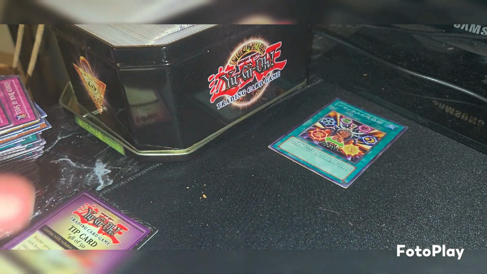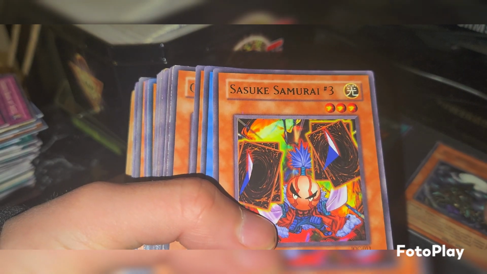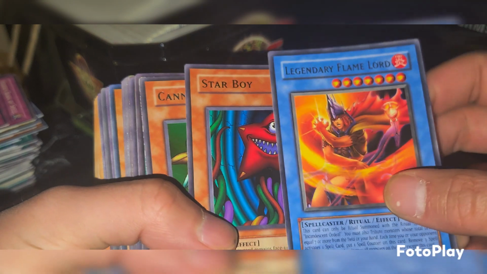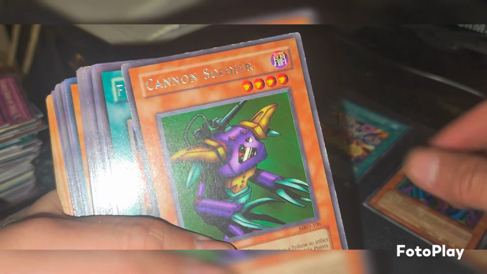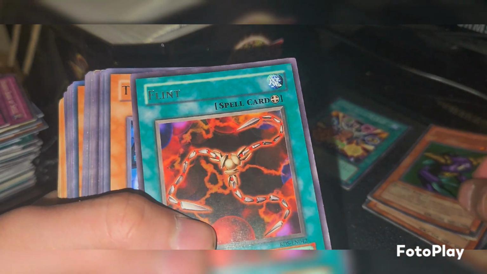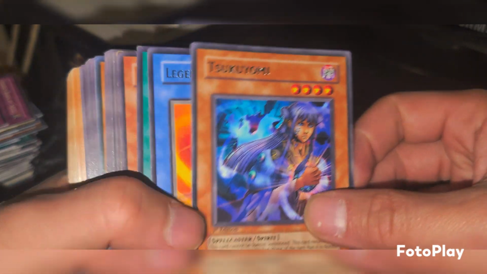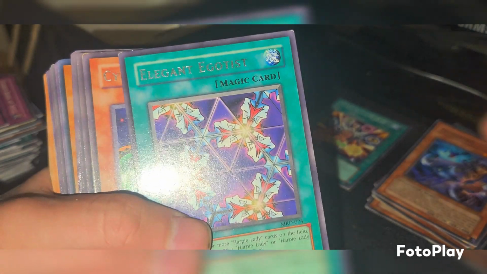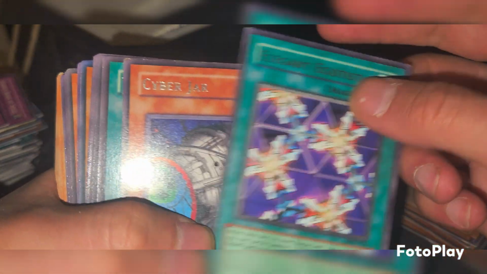There's just more and more cards. It's another stack. So we're at Soul Absorbing Bone Tower, Sasuke Samurai number 3, Legendary Flame Lord, that's pretty sick, Star Boy, Cannon Soldier, Flint, Tsukuyomi, another Legendary Flame Lord, who's this? Elegant Egotist, it's for the Heartbeaters,